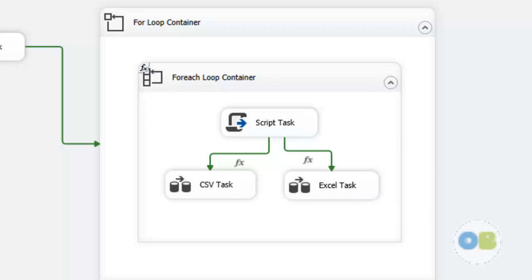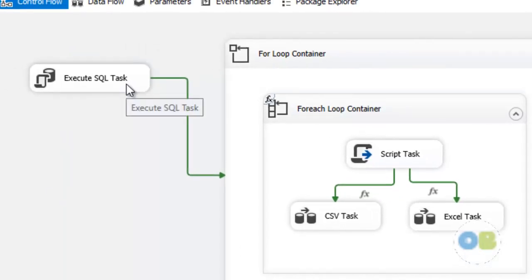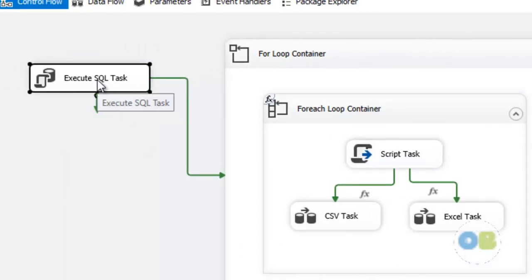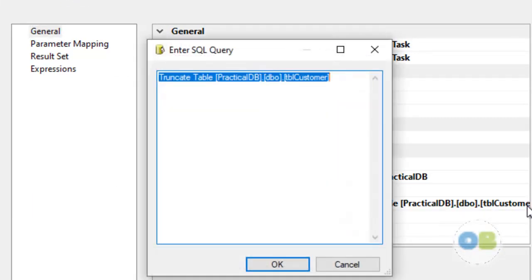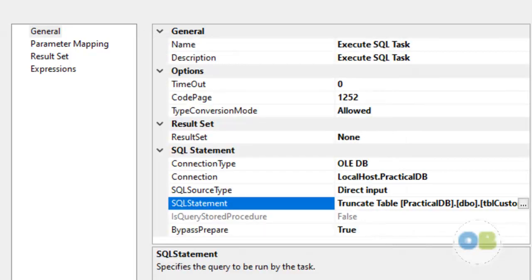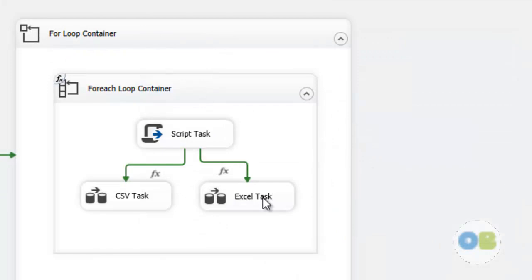We also have the execute SQL task, which truncates the data before we do the ETL process. It truncates the current table here, TBL customer, and executes the ETL task.